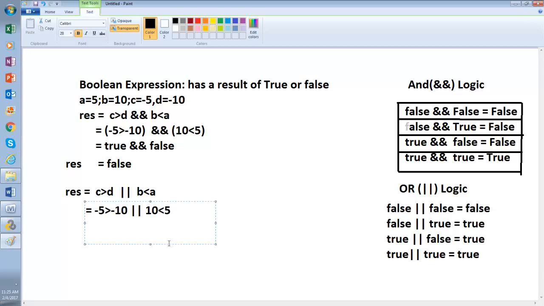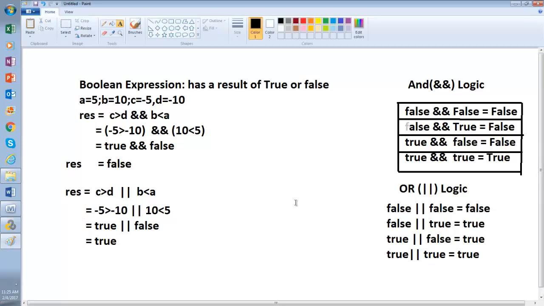The first part is true, and the second part is false. So in OR logic, if we have one true, that means the total statement is true. Let me know if you have questions so far. No questions? Okay, very good.